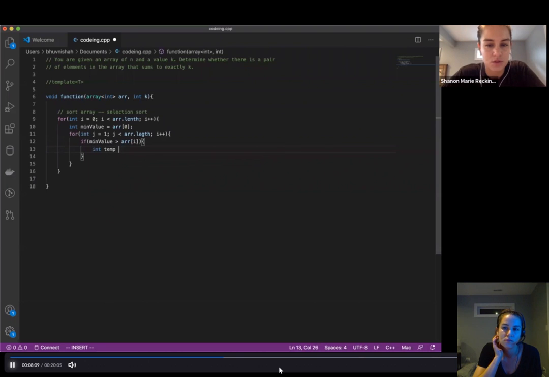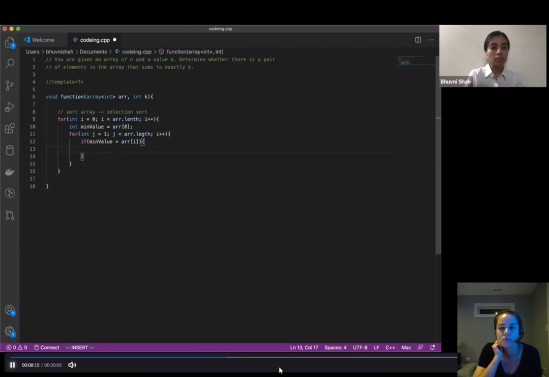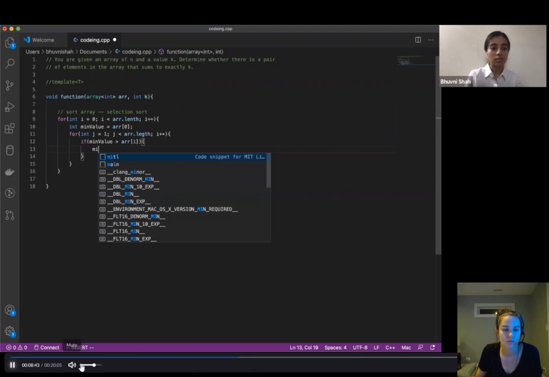What's your plan with it after it sorts? So when you sort it, then you can figure out the biggest and the smallest numbers, and then maybe you could not look at part of the array when you're trying to figure out the calculation.